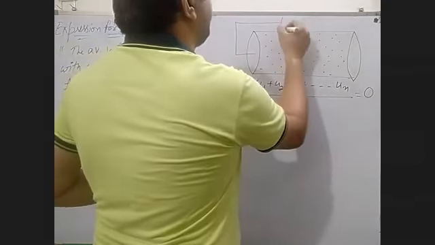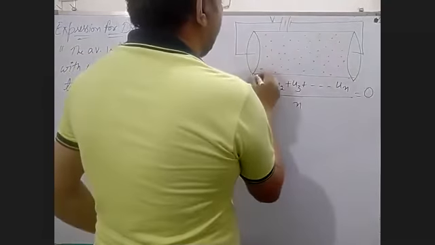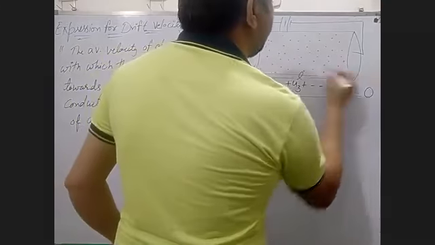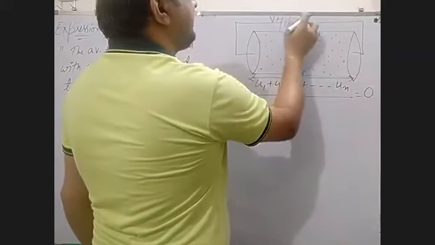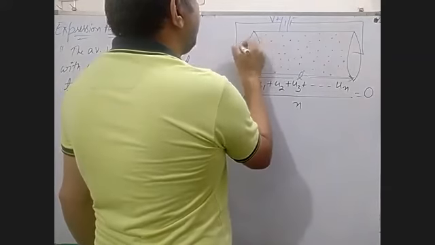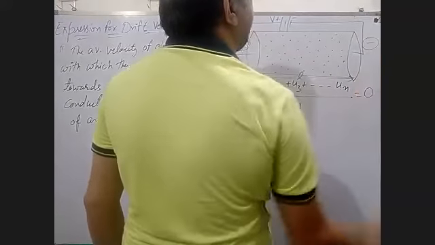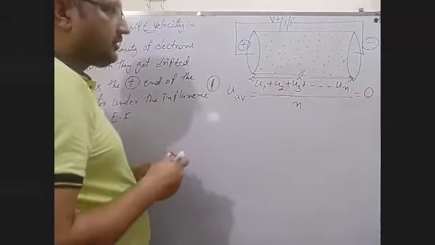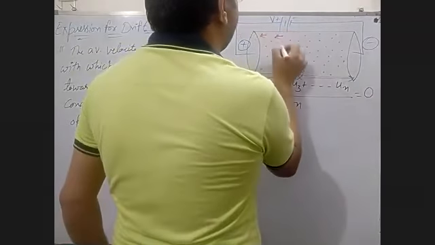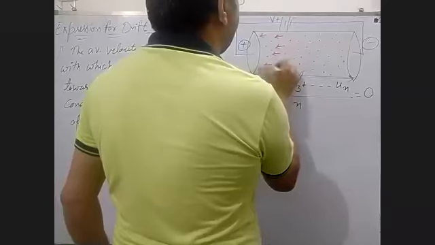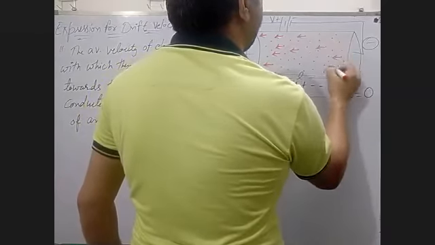As we know, if a battery of voltage V is applied on it, and we take the length of this conductor as L, you can see here this one is the positive terminal and this one is the negative terminal of the battery. And one more thing is there, all these electrons will get moved towards the positive end now.